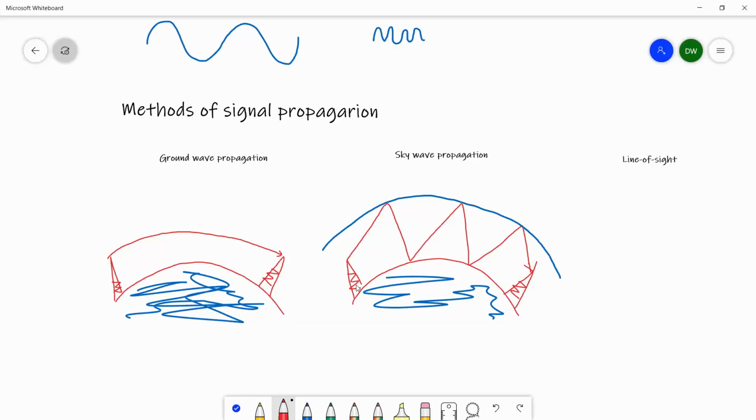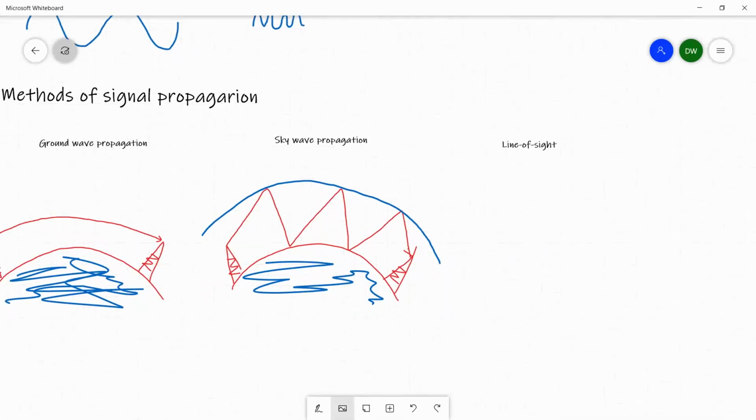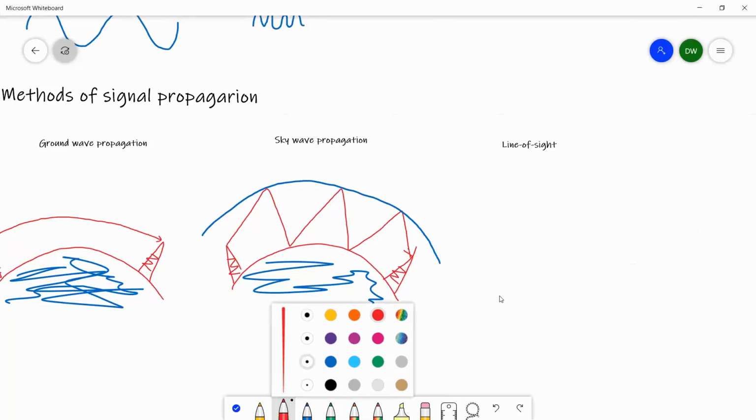If we send the signal from this antenna to this antenna, what will happen is it will reflect in between ionosphere and the earth and then reach the destination. So this kind of propagation is called as sky wave propagation. And the last one we have is line of sight. So what happens in line of sight is, here we can